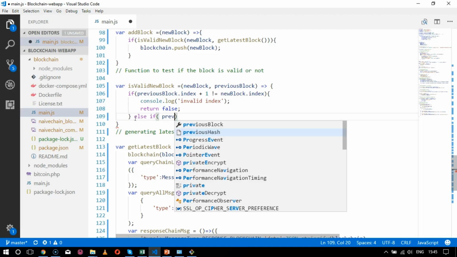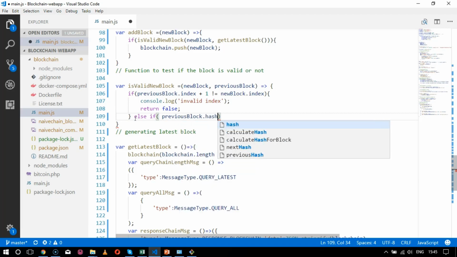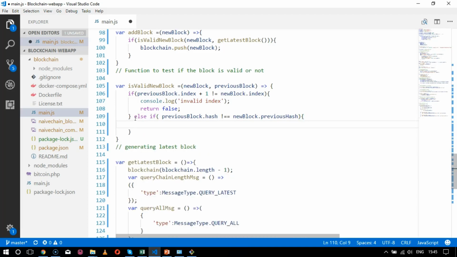if previous block dot hash is not equal to new block dot previous hash, then I'll print the console. This is to check that if my hash is not matching with the new block which I have created. So this can happen in this situation when we tamper a particular transaction. So now I'll say console.log